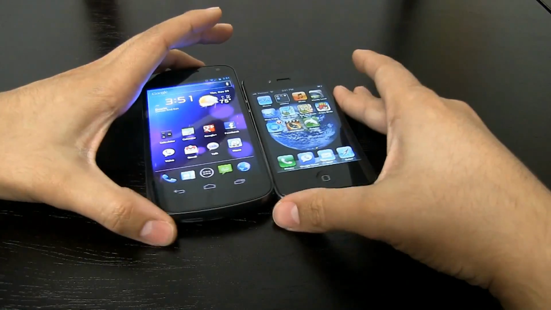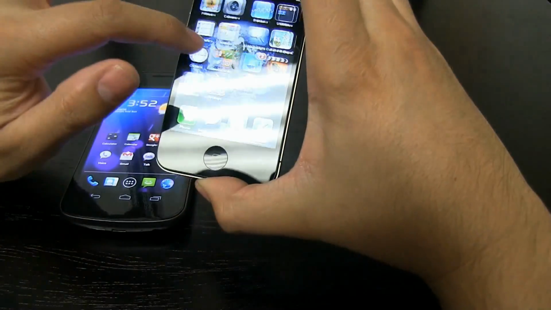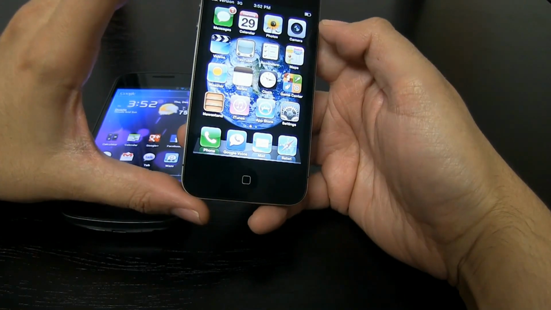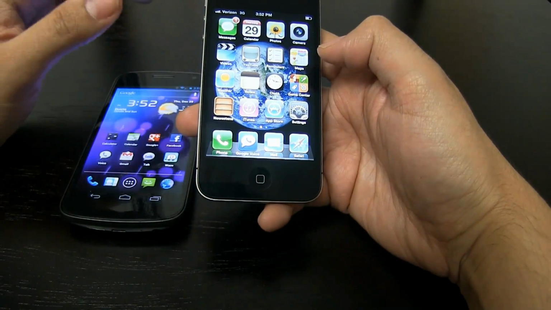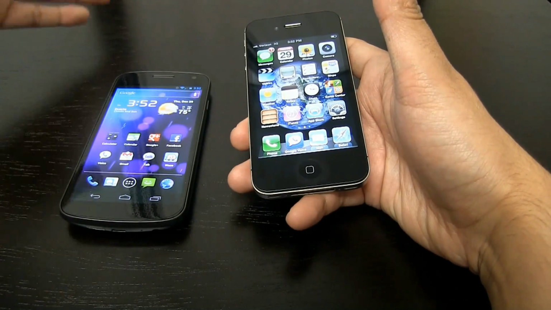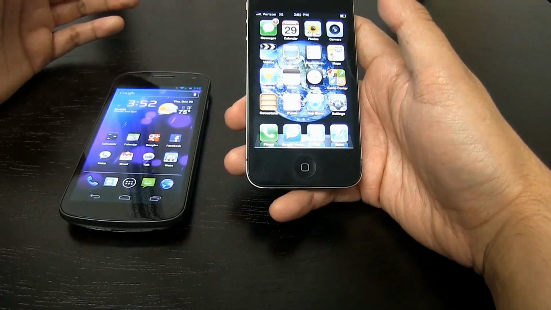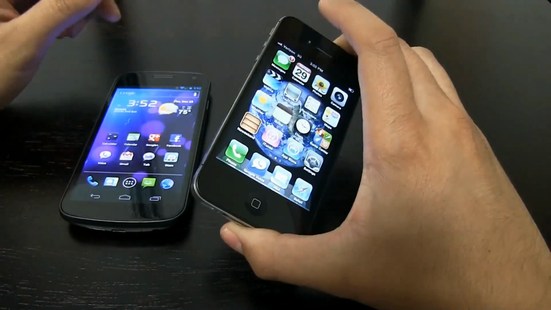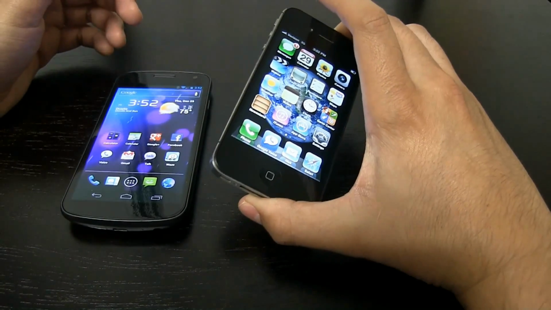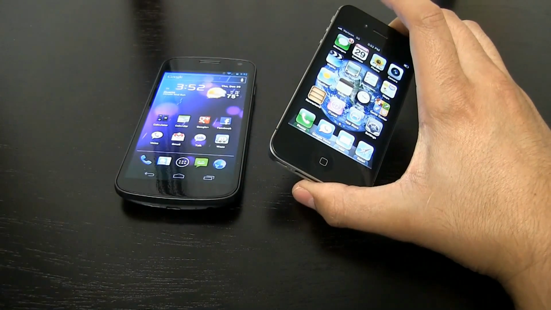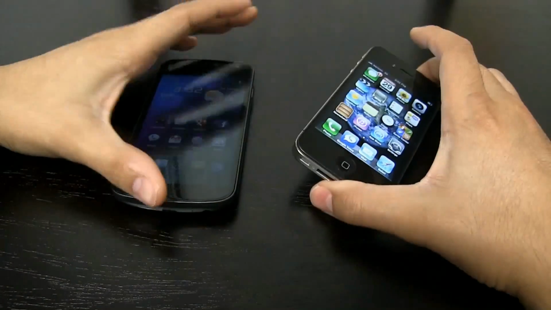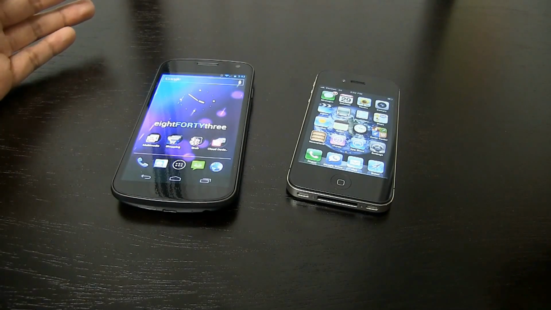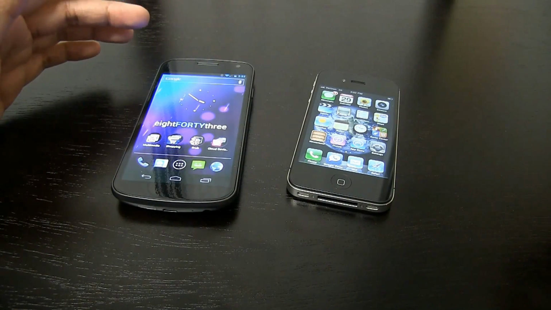So take your pick. Adding a custom ringtone to iOS is insane. You have to do all these weird tweaks in order for it to work. You just can't drop MP3 files into a folder and assign them like Android. When I first started using iOS, it took me like an hour to finally figure out how to do it. You have to convert a file in iTunes, and then it becomes a tone, and it's crazy. It's unbelievable how cumbersome it is. With Android, it just works. You just drop in an MP3 file, you assign a ringtone, and that's it.